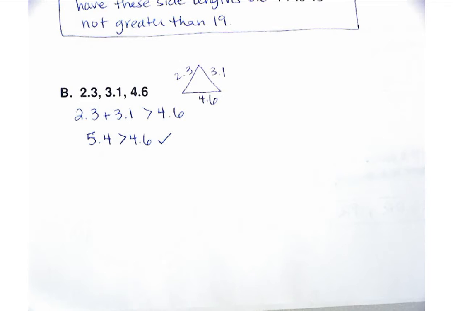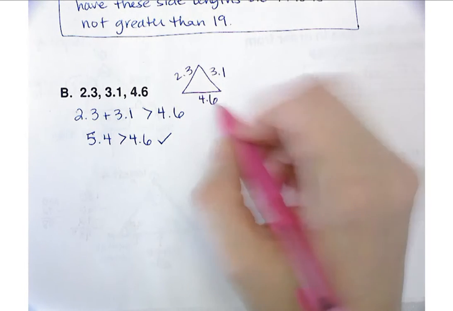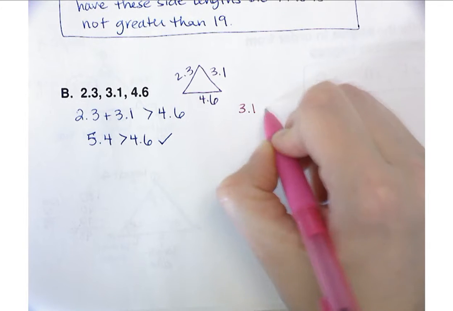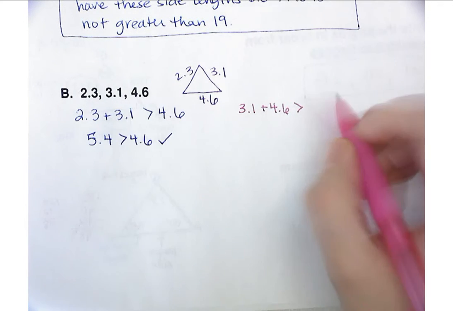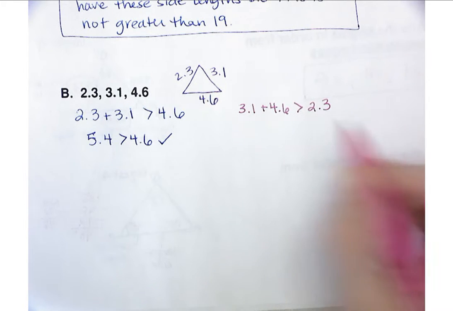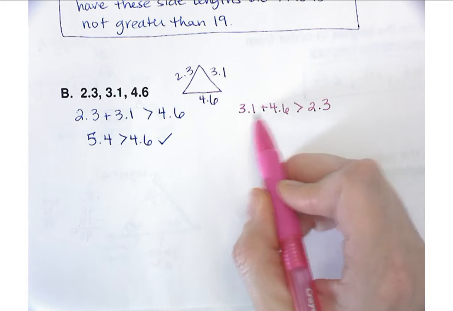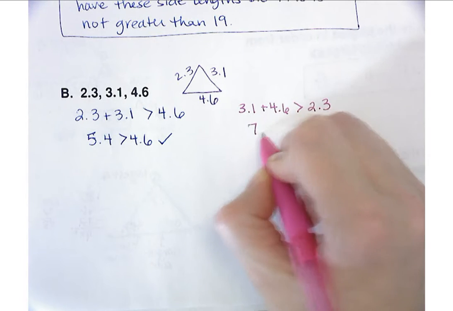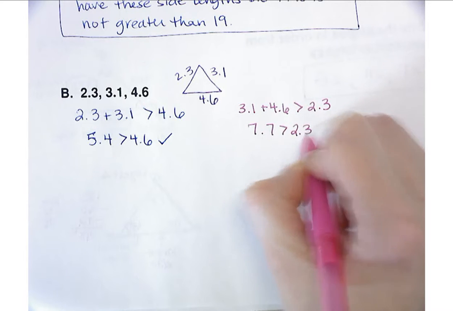So now I'm going to choose two other sides. Again, it doesn't matter what two other sides you choose. I'm just going to do 3.1 and 4.6 next. And then I have to verify that that's greater than 2.3. Now, right away, we're going to know it is, because what do we know about both of those lengths? Yeah, both of them separately are bigger, so obviously both of them added together are going to be larger